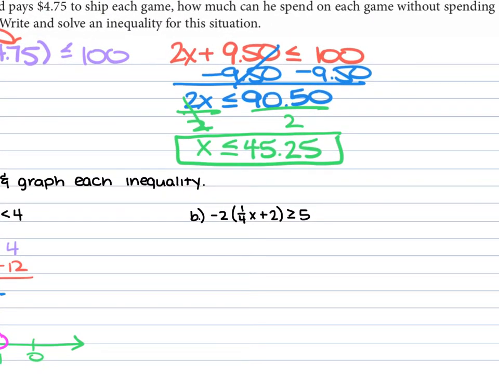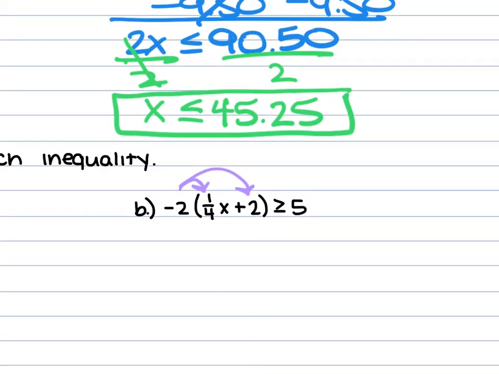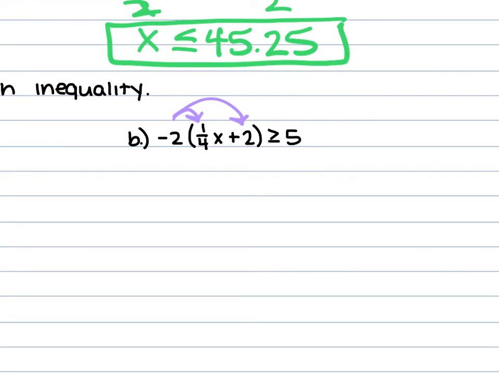For B, we have -2 times 1/4 x plus 2 is greater than or equal to 5. So again, we can distribute this -2 first if we would want. -2 times 1/4 is -2/4, which is -1/2 x. -2 times 2 is -4. It's greater than or equal to 5. So we're going to add that 4 to both sides, and we get -1/2 x is greater than or equal to 9. Then we're going to multiply each side by the -2,